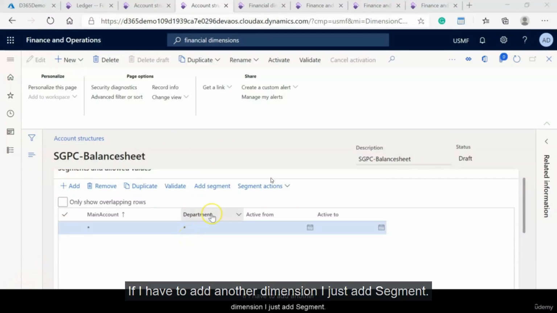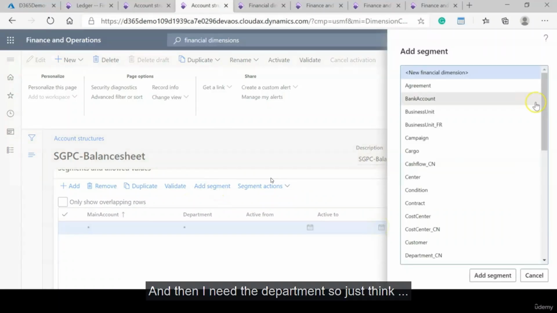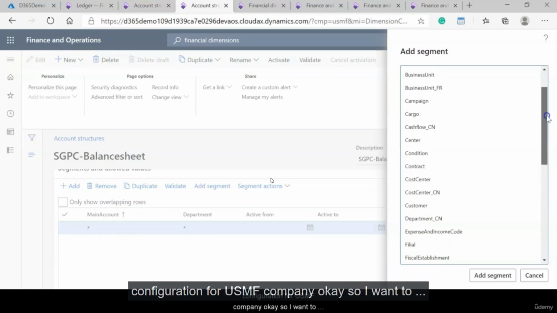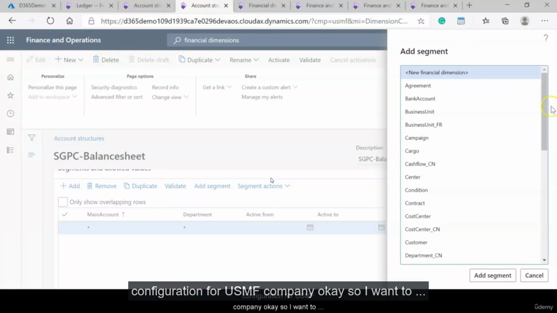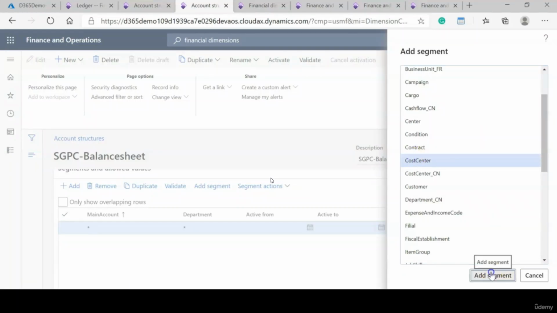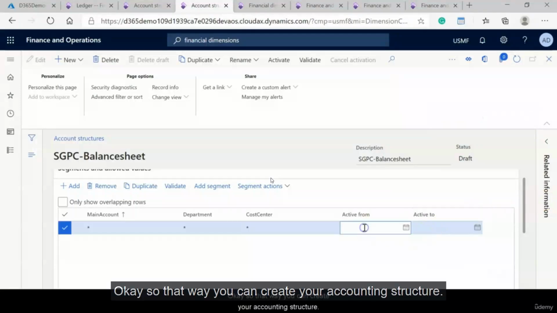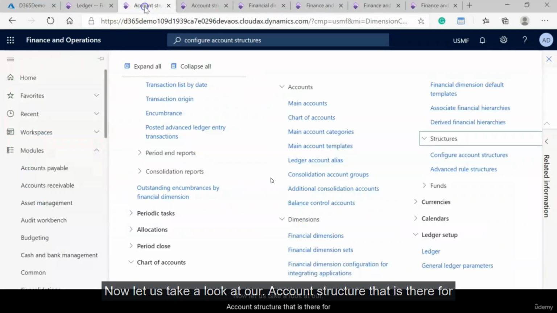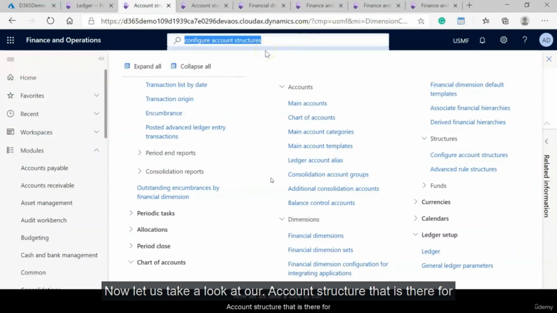Now, if I have to add another dimension, I just add segment and then I need the department. Just think of this as mimicking the configuration for the USMF company. I want to take a cost center, right? So I can take a cost center here. That way you can create your accounting structure. Fine. Now, let us take a look at the account structure that is there for